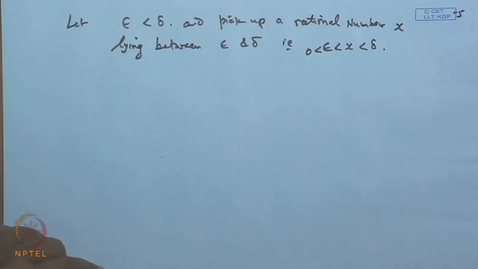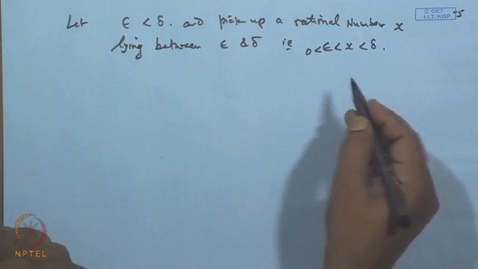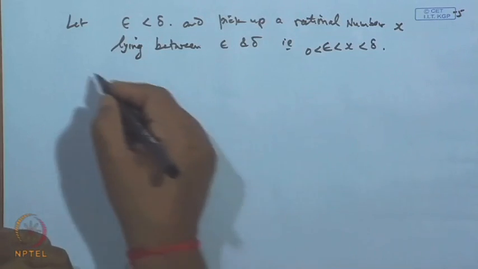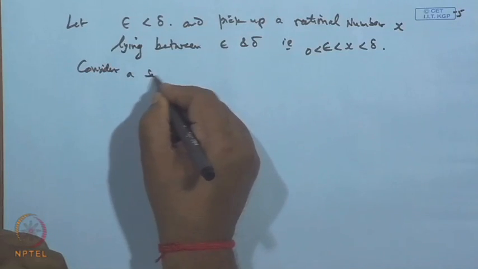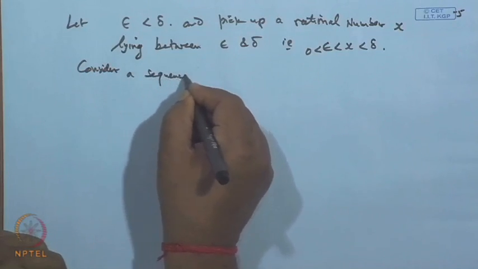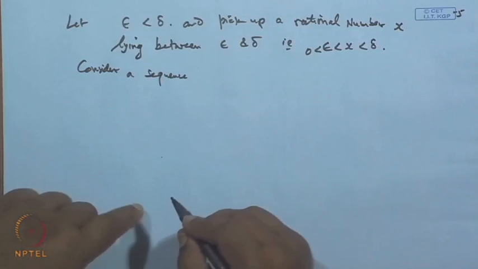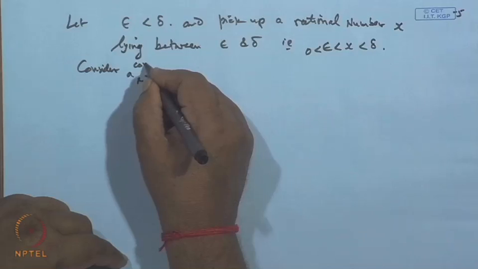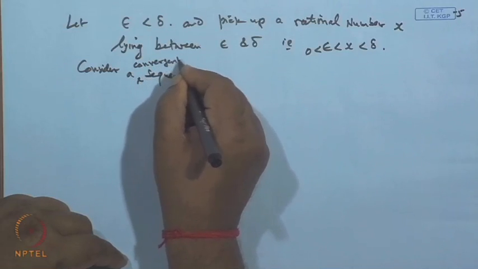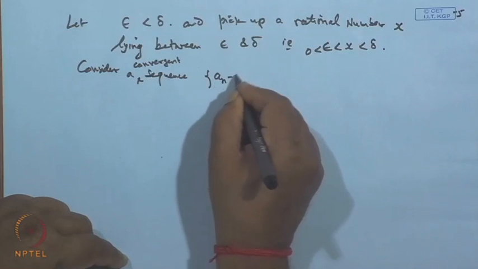Let x be a rational number lying between epsilon and delta. Okay. Now, consider a convergent sequence a_n minus x,